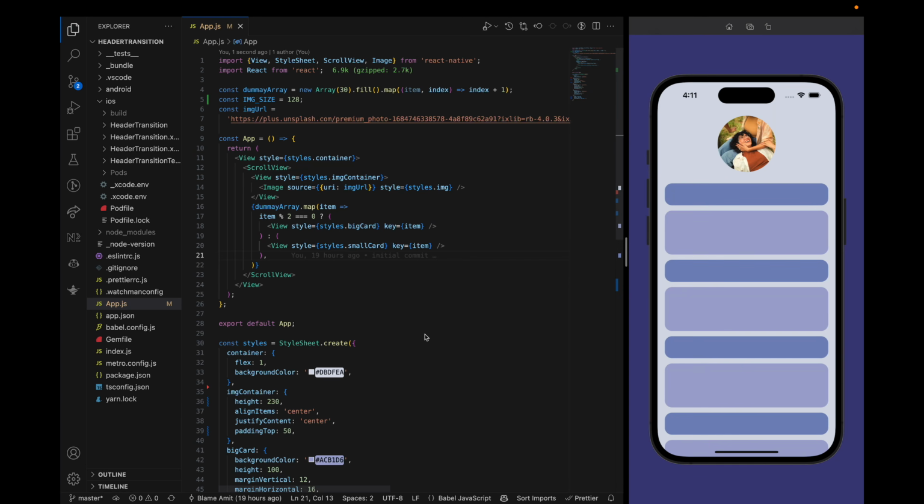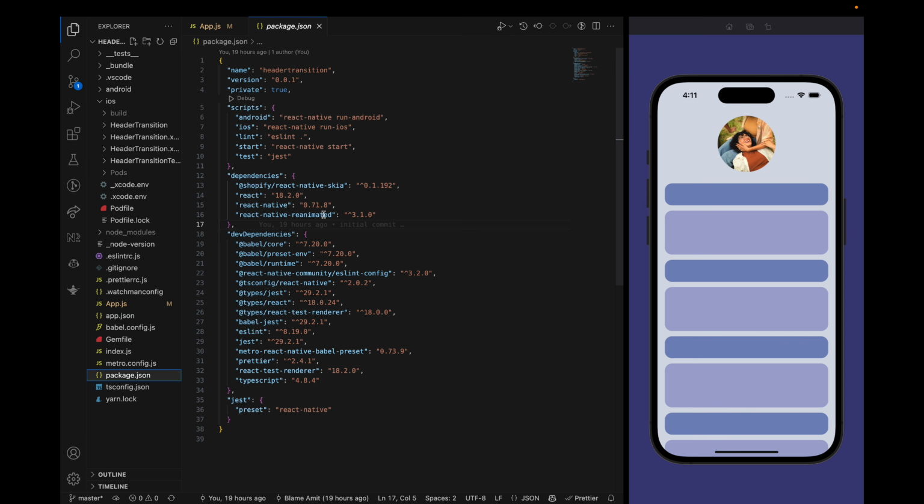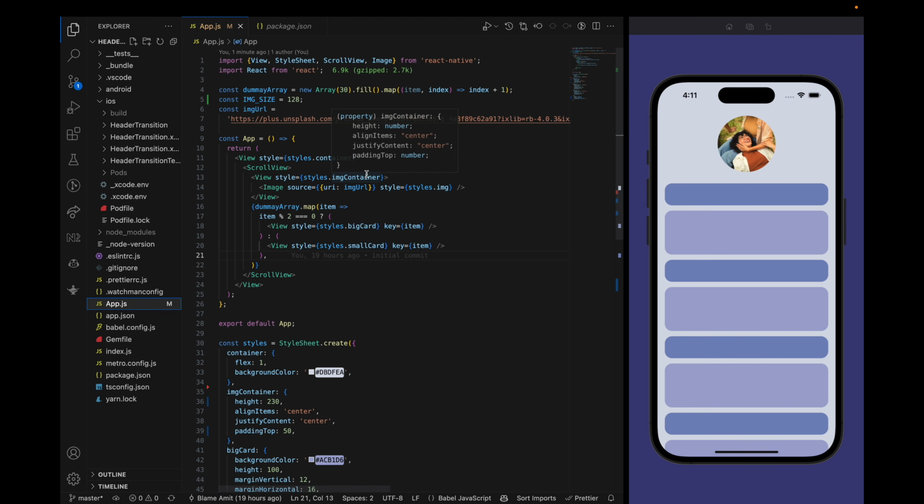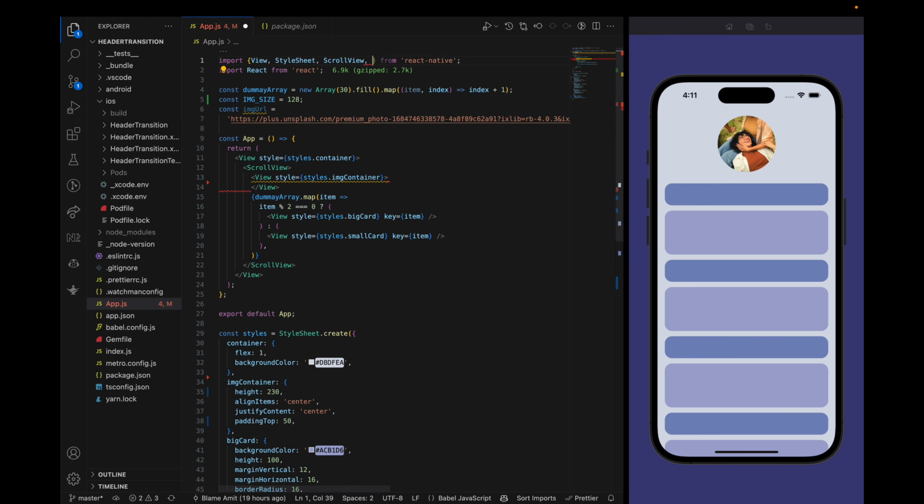So in this project, I have already installed React Native Skia and React Native Reanimated library, and I also cleared app.js and added dummy data with some dummy cards and an image. We are going to animate this image with React Native Skia, and we will morph it inside the dynamic island. So the first thing we have to do is remove this image from React Native, and we will import this image from Skia. And for doing that, we also need to remove this view,